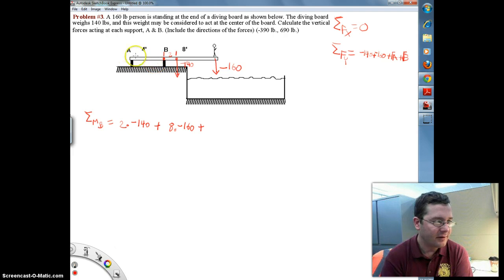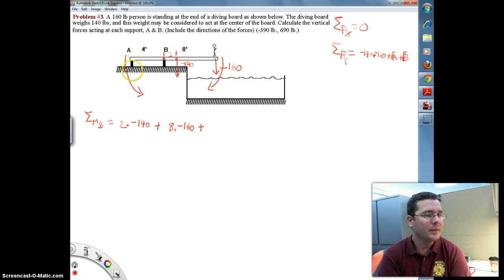plus, and here's the thing, point A here now is going to create a moment opposite B. So if you think about both of the moments created by the weights, they are negative moments. They're making the board want to roll in this direction. The column at point A has got to create a moment in the opposite direction, which means that column A is going to be in tension. And you'll recall from the previous time you solved this, that was the case. So you can just intuitively realize that column A is going to be in tension, and because column A is pulling down on the board, the column B is going to be in compression,